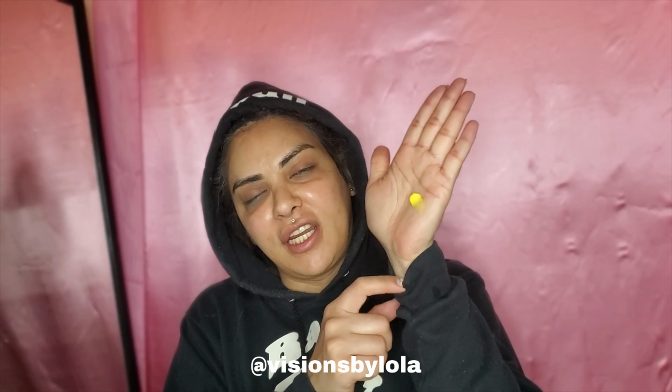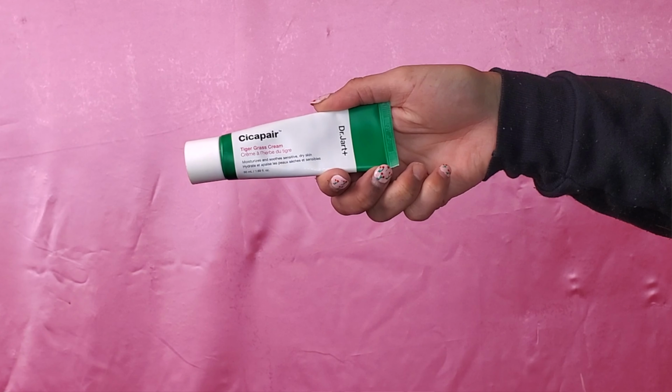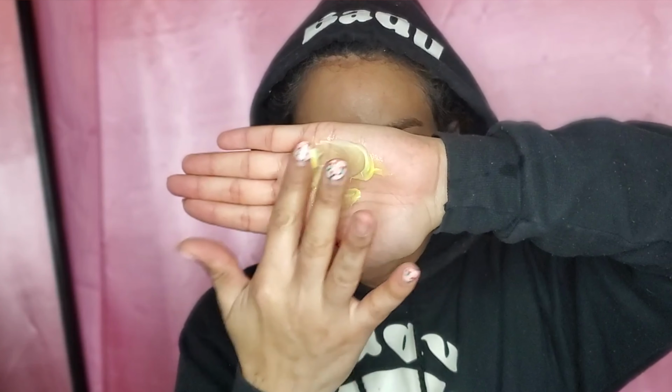So it's not like lotion necessarily. You have to really combine it with something else. So you can see it's very, very creamy. It has the tiniest bit of fragrance in it. So I'll mix that with the Dr. Jart Tiger Grass Cream. It's a moisturizer, and it's gonna soothe my sensitive skin. So I'll combine these two